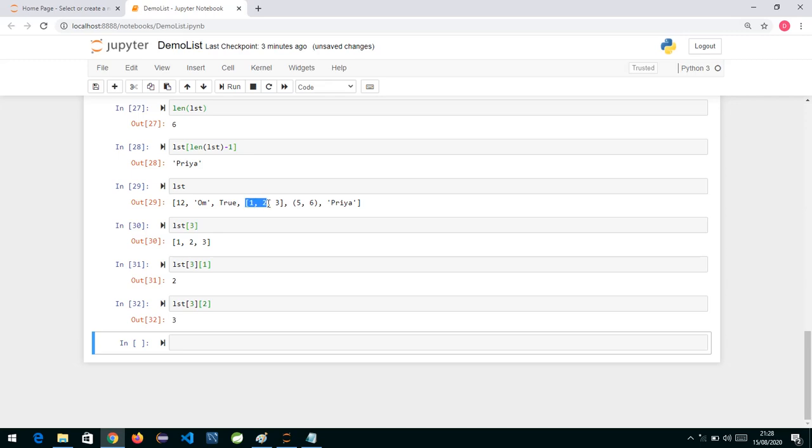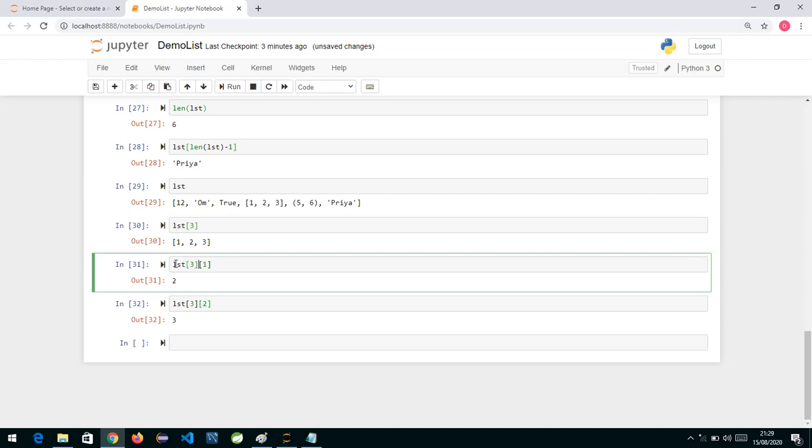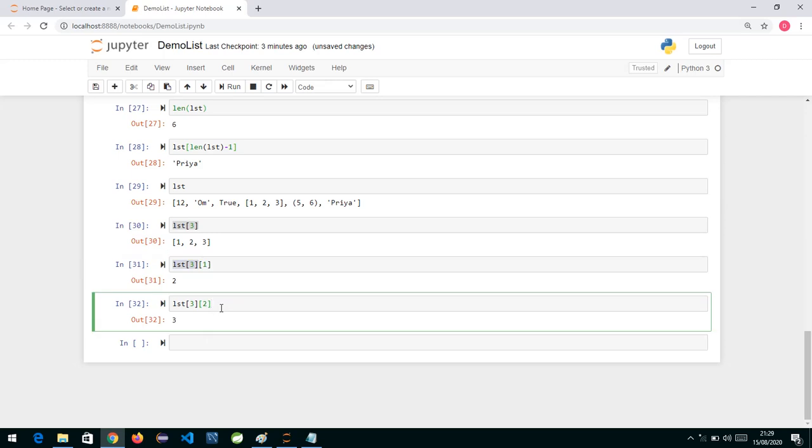So if you want to extract data from this nested list, what we do is we first specify the index of this nested list, that is LST of 3. And when you write this command, you get this. We have already seen that. Now on this we say give me the first element, give me the second element. Accordingly, whatever index number we specify, which is within the range, you can get the output. Okay, so now we have positive as well as negative indexing over here.